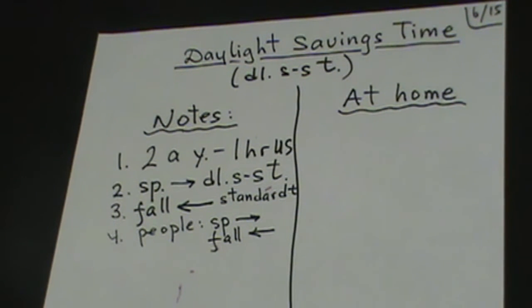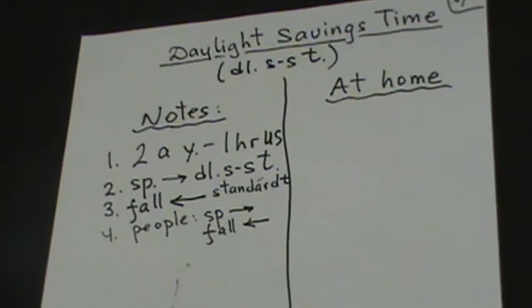Okay, let's continue. Listen to the next 3 sentences. It seems that Benjamin Franklin was the first person to propose the concept of daylight savings time. At that time, 1790s, people did not believe that he was serious. They thought that he was joking. But later on, during World War I, daylight savings time proved to be very useful because in the spring and summer, the sun rises early.